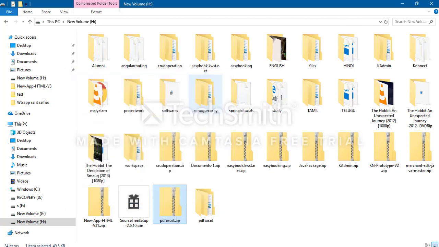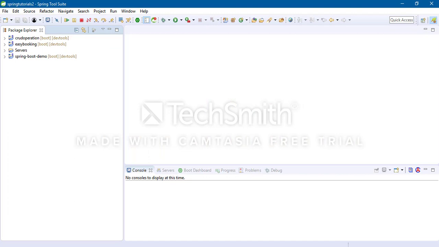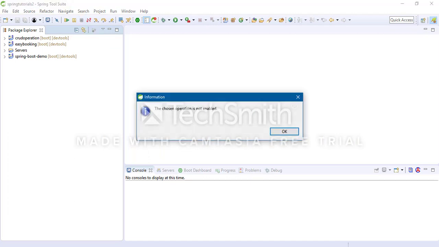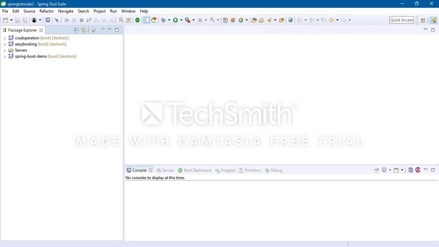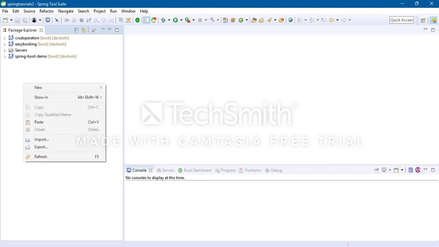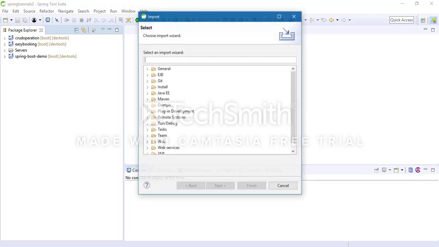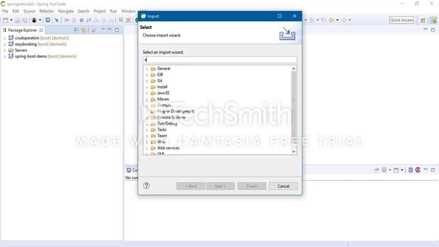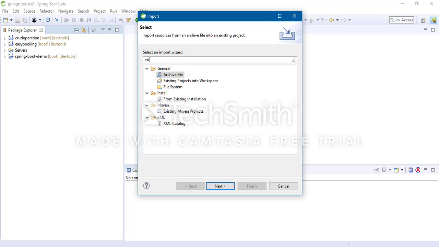Next I am going to import this project into IDE. For demo purpose I am using STS IDE. If you want you can use any other IDEs also. Right click, import project, existing Maven projects. Click on next,